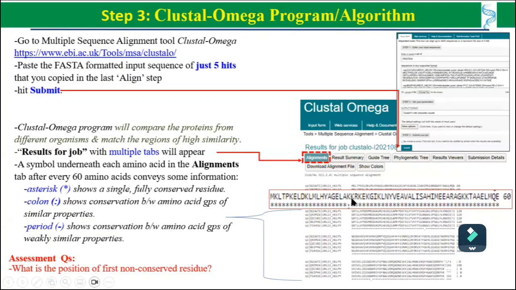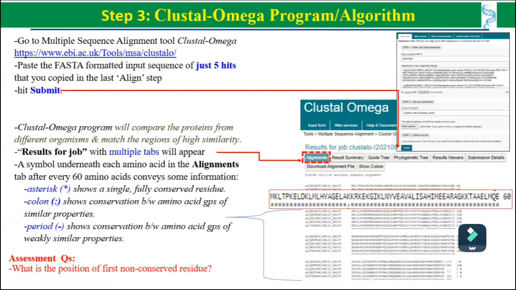So this lysine is conserved in similar proteins. If the 5 proteins are similar, then you will see this colon sign. A period or dash like this shows conservation between amino acid groups of weakly similar proteins. So the colon is telling you that the conservation is between the similar proteins. The proteins are similar in the sense they are very much related in structure and function. And period means the amino acid sequence is similar in proteins which are not so much related in